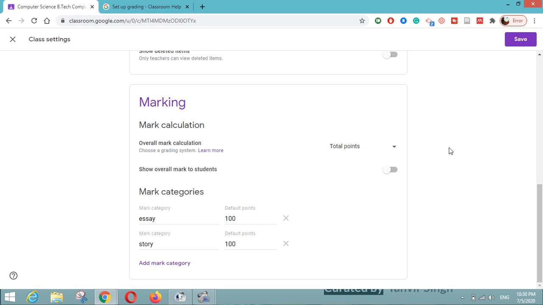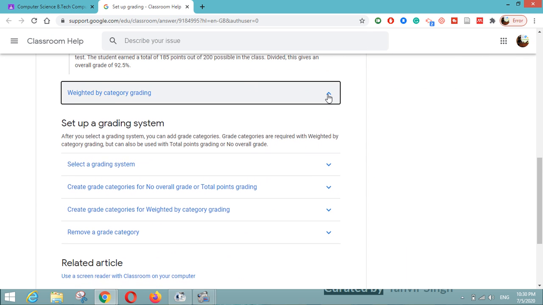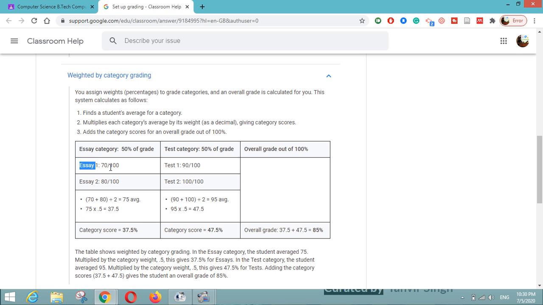The third one is weighted by category, which means it will calculate as per the category. Suppose in the essay category, he or she has scored 70 and 80 marks. The average is 75, and you multiply by 0.5, or as per the requirement or the policy of your school, college or university.